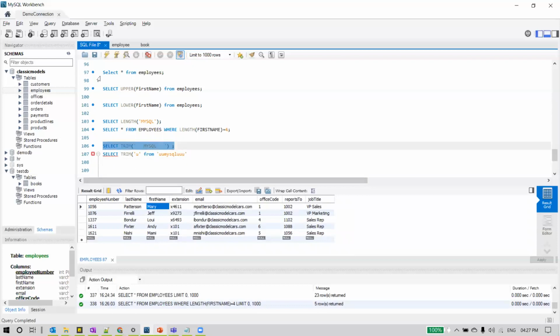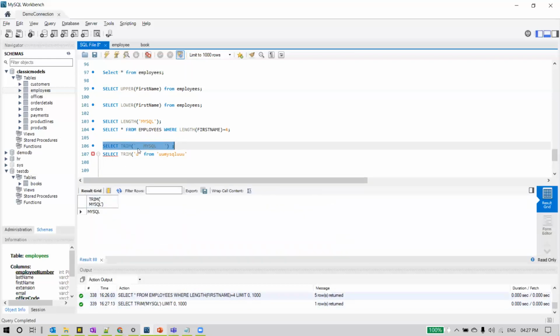So let me execute this, and you can see it here. Also, we can have an alias here. In the last session, we discussed these aliases. When we have an alias here, this is what will be displayed in the place of the column name. That is what we call an alias. I provided an alias here, and this alias can be anything. I can just say alias one also, anything. That will be displayed here.